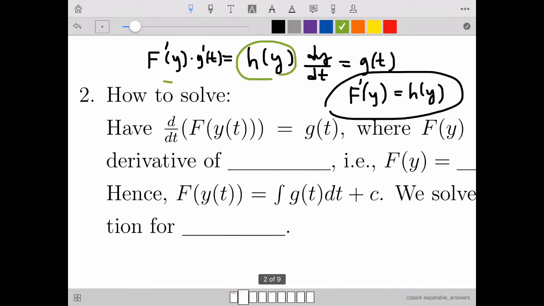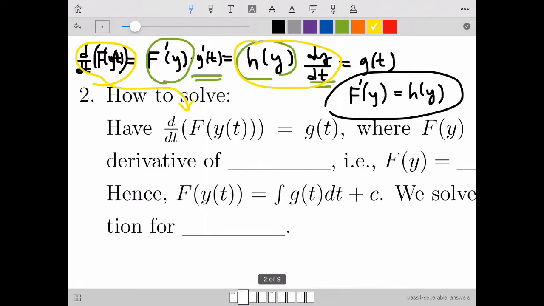That is this, and I wrote that as y prime, right? Which is the derivative with respect to t of big F of y of t by the chain rule. So the left-hand side looks like this, which is here, equal to g of t. So we can convert the original DE into this form,